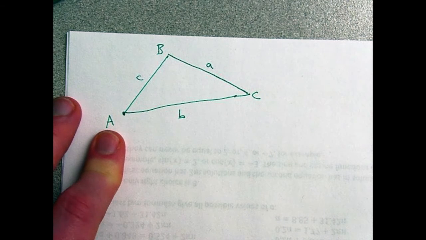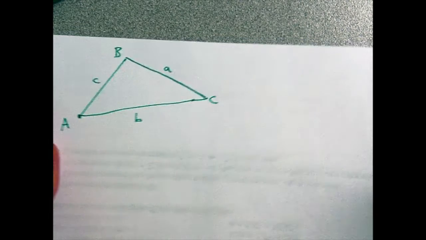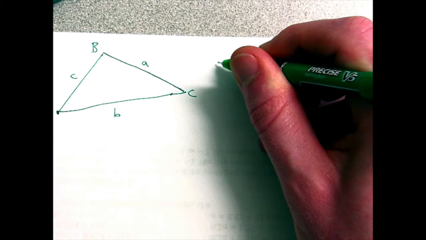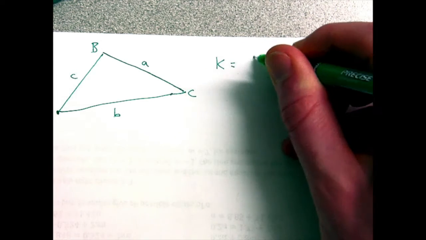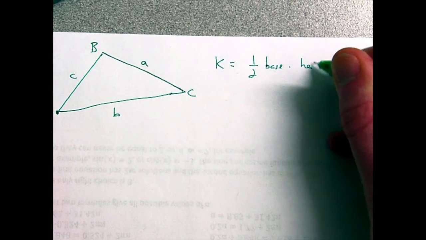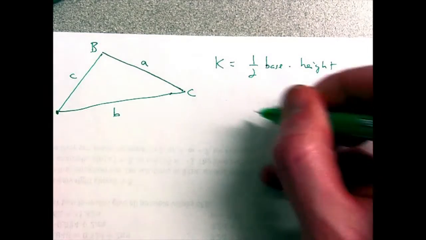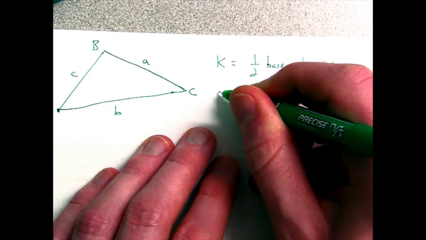Okay, now if we want to write down a formula for the area of this triangle, previously in other courses, you'd have to use the old area formula, which is K equals 1/2 base times height. For whatever reason, we tend to use K to represent area in this class. So this is the old area formula for a triangle, but you discovered a new area formula that says K is equal to 1/2,